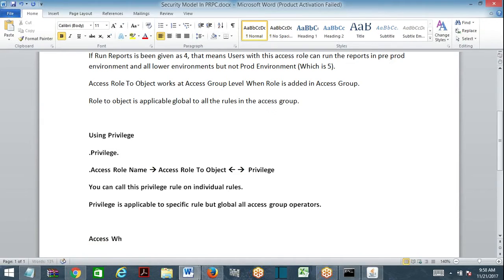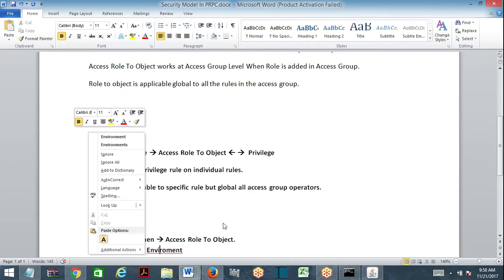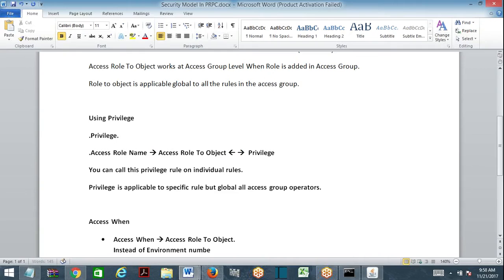Now tell me, access when. What is access when? Where do you call this? Access when rules can be called in access role to object. So instead of environment numbers, we give access when.